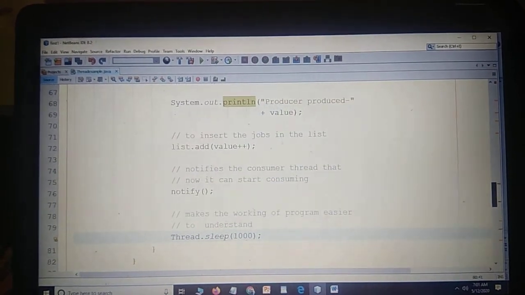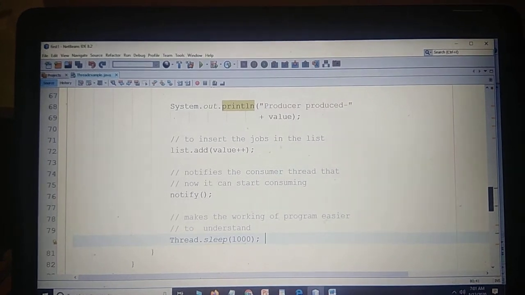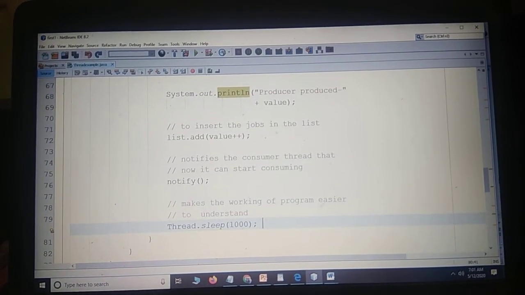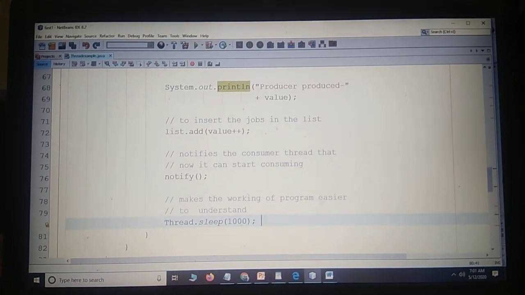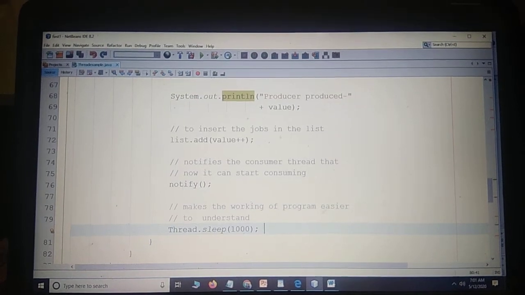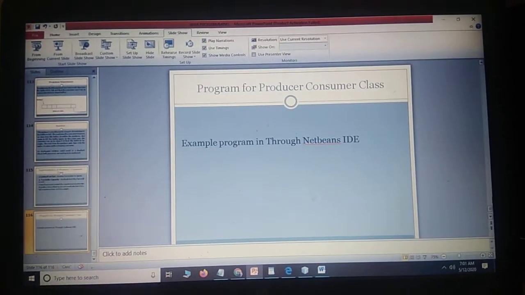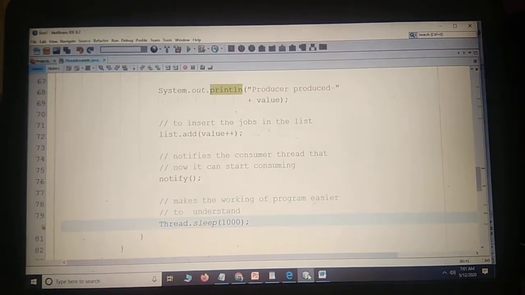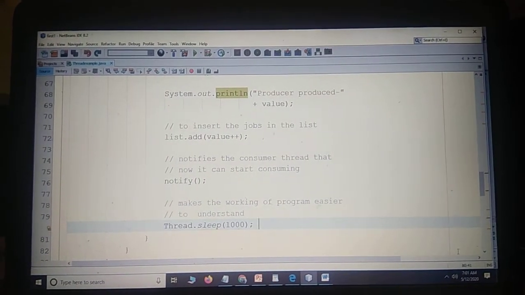When the consumer consumes, it will be notified. The notify method will notify the exact thread to be called. Whatever threads are in sleeping mode will be called by the notify method. We are making the producer thread sleep for 1000 nanoseconds. The producer thread will wait for 1000 nanoseconds.